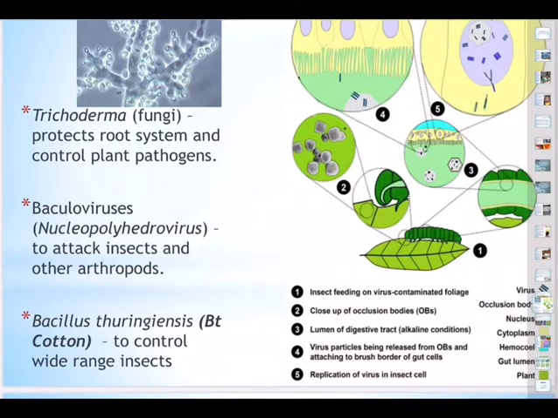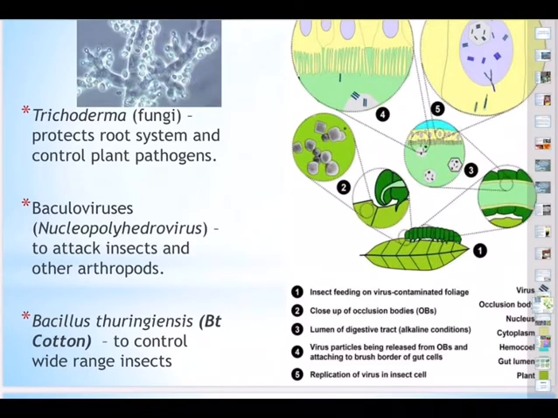So the BT. We call this IPM. By using all these together, we can manage the farm. Then we call it integrated pest management, I for integrated, P for pest, M for management, IPM. It involves use of different pest control methods which are ecologically healthy, not causing any harm to the environment. That is our main aim. So biological control methods, better agricultural practices like crop rotation, mixed cropping, sanitation, etc. The most important example is Bacillus thuringiensis.